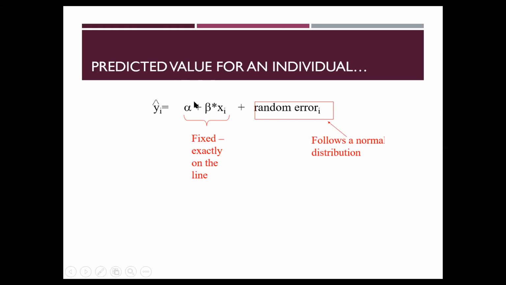Some textbooks give alpha plus beta 1, some textbooks beta naught plus beta 1 x1. But the basic equation means that this y, or y hat here, stands for the dependent variable or the outcome variable, this is called the intercept, and this beta is called the slope. I'll explain in detail what it means in the next few slides. And y is the outcome variable and x1 is the independent variable. So when we do a regression analysis, we are actually calculating this intercept and the slope.